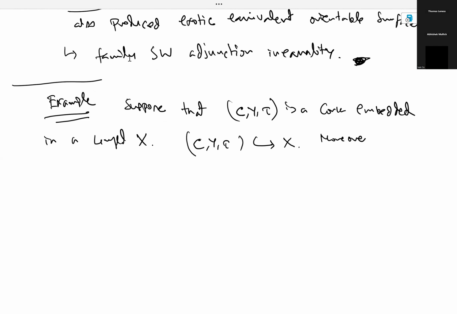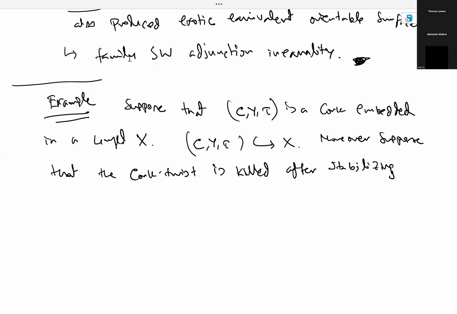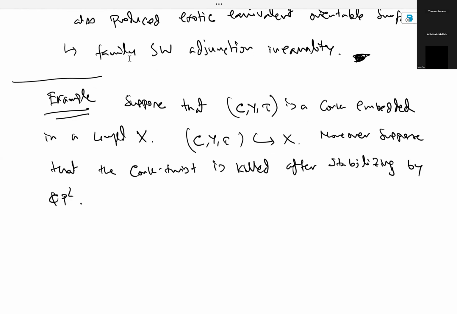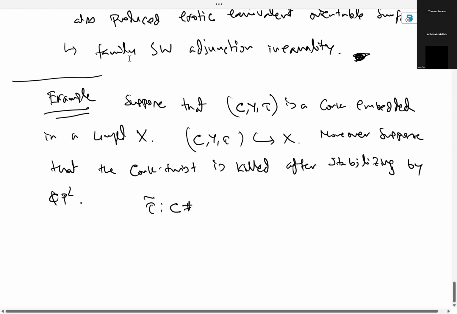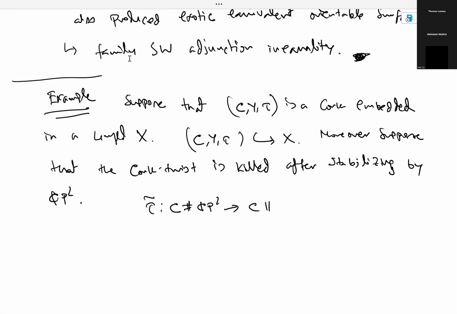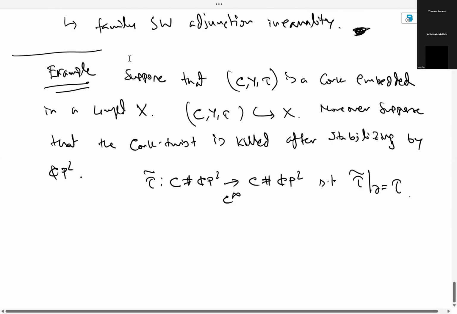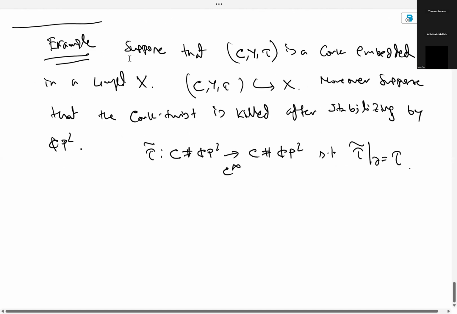Moreover, suppose that the cork twist is killed after stabilizing by CP2. Okay, so what this means is that there's a diffeomorphism of C connect sum some CP2 to C connect sum some CP2, such that this diffeomorphism, when you restrict to the boundary, is the cork twist. So the cork twist does not extend smoothly over C, but if you connect sum some CP2, there will be a smooth extension. Something to keep in mind,